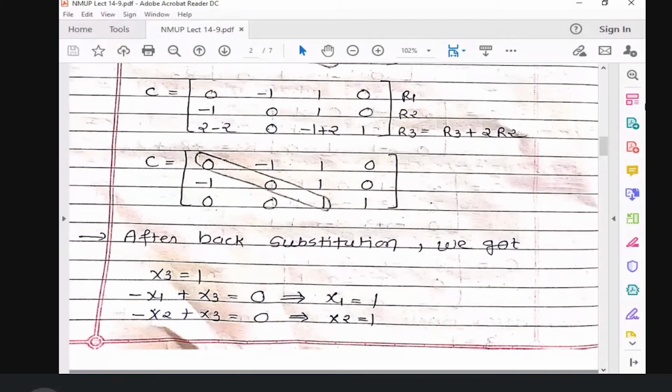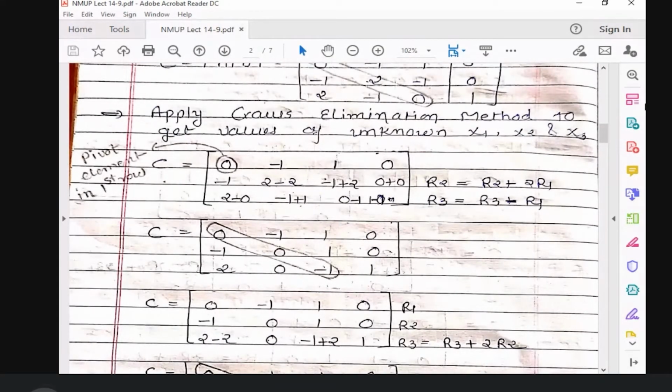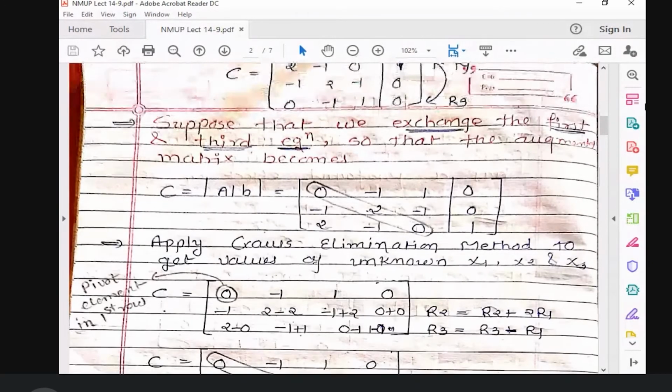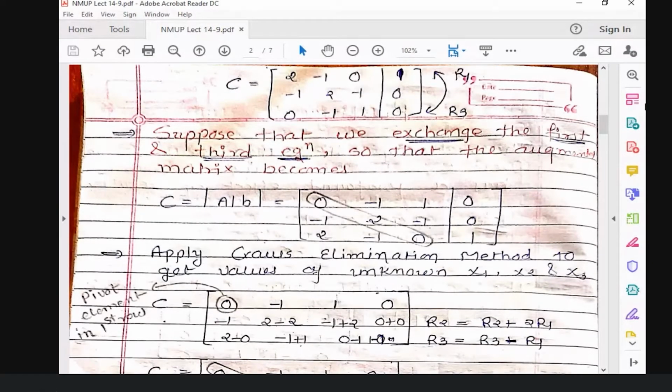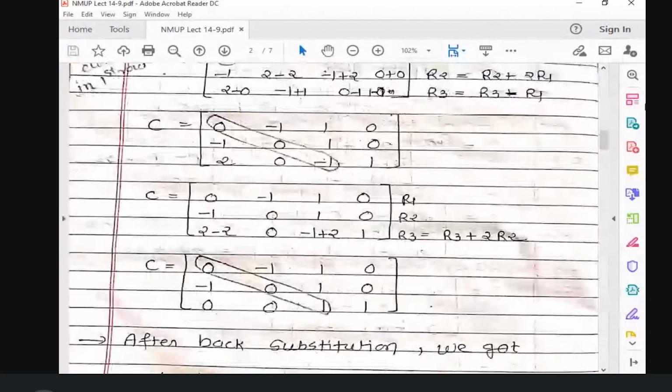So to make our calculation as easy as possible, as well as with fewer errors, what are we doing? We are using this pivoting concept. With the help of the pivoting concept, first of all, we are identifying the pivot value. Over here in my augmented matrix, the first entry in the first row is equal to 0, right? And whenever I consider this value as a pivot element, each and every value in my resultant augmented matrix is in terms of the unit value, right?